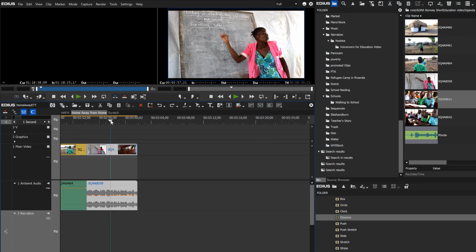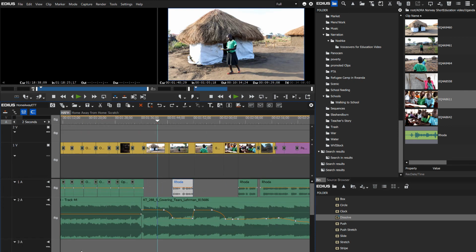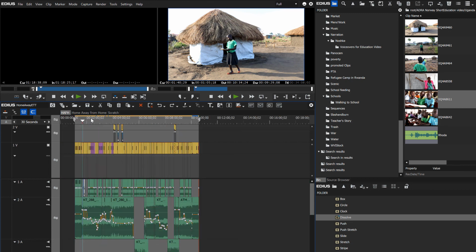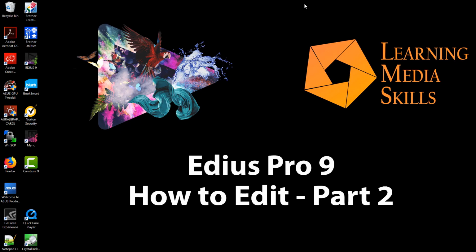And in our next tutorial, I think what we're going to do is, rather than rebuild this project, actually go to our edited timeline here and scroll through our project and find some of those problem areas that we had to work with. How we worked with still images, how we worked with media that was at a different frame rate, and all of those wonderful little problems that you might run up against in any given edit, and we'll go through some of those and show you what you need to do. But for now, I believe that does it for how to edit with Edius Pro